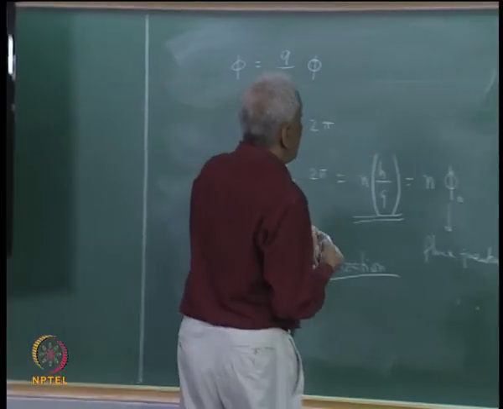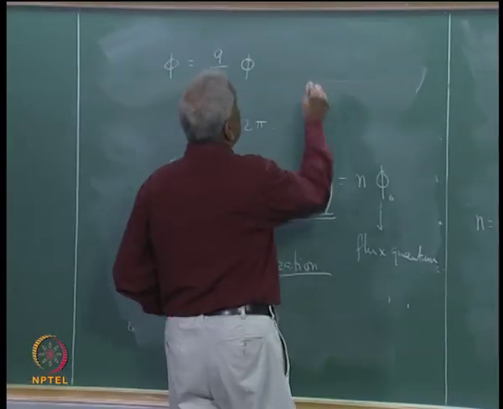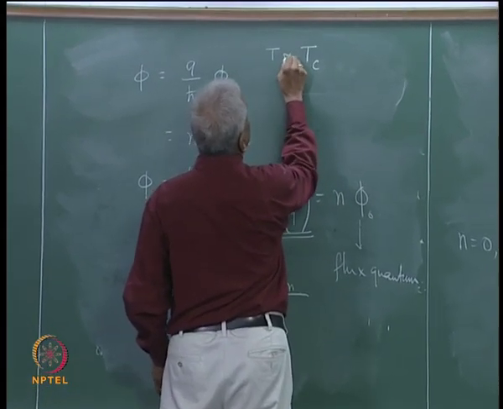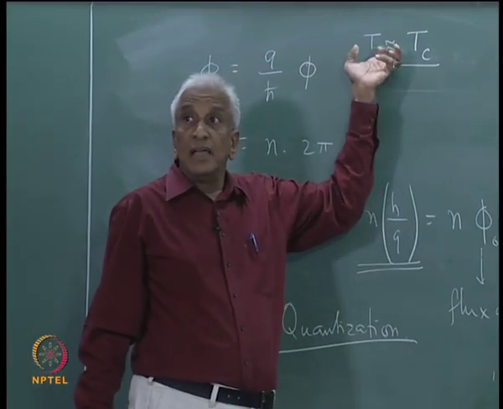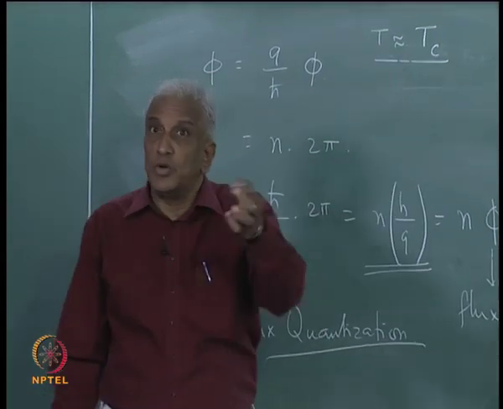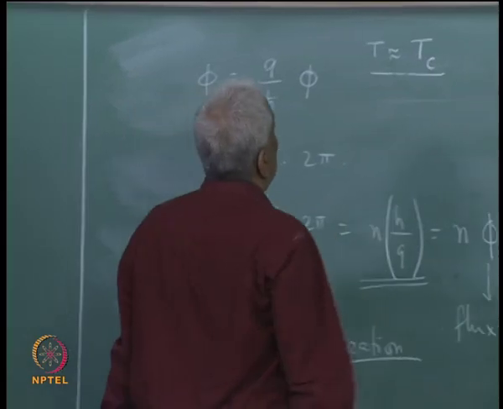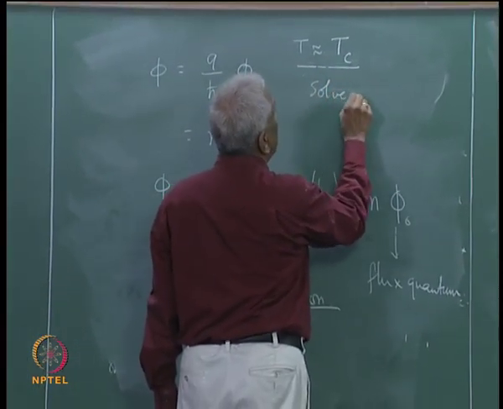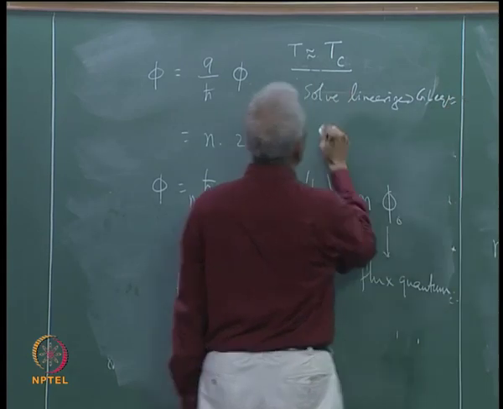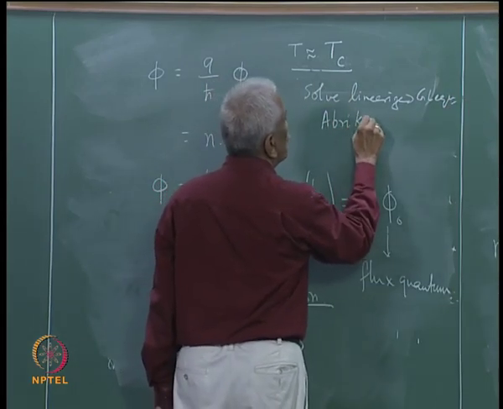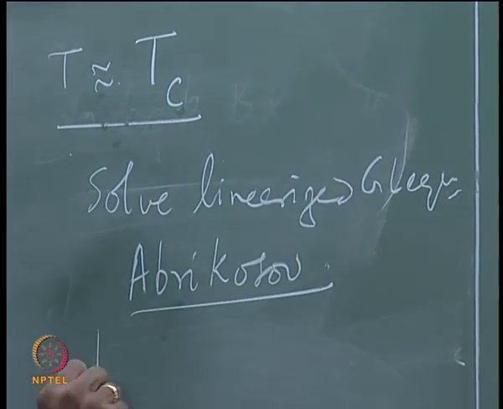In fact, the Ginsburg Landau theory can be pushed further, and the linearized Ginsburg Landau equation can be written in the neighborhood of T c when the order is very small. So, we can linearize the Ginsburg Landau equation because the change in the order parameter is extremely small. So, it is a small quantity. So, the expansion and truncation with the linear term is perfectly justified. So, if we solve the linearized GL equation, this solution was carried out by a person called Abrikosov, and this solution he showed results in the